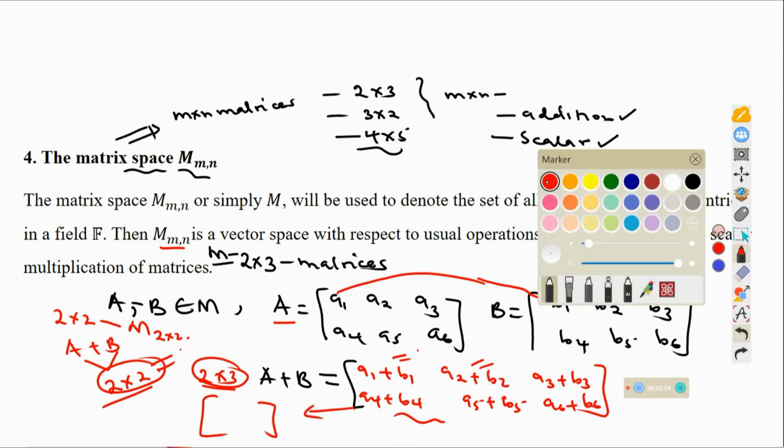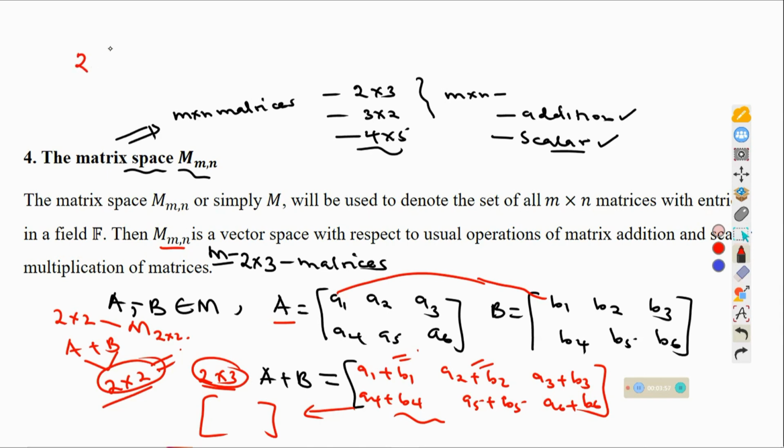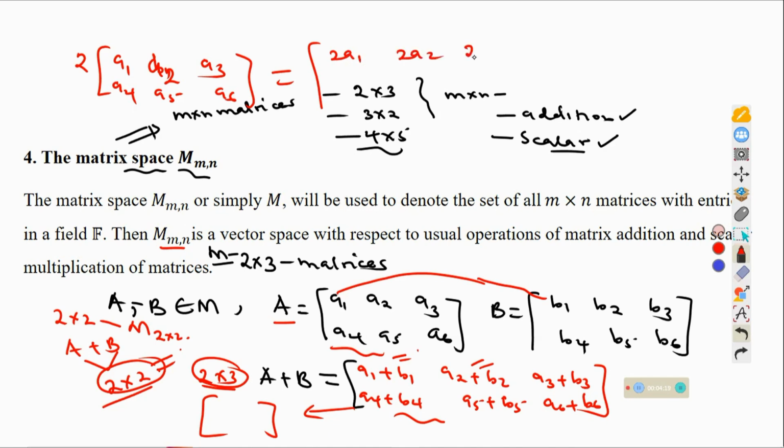When you multiply, for example, 2 into the matrix A1, A2, A3, then A4, A5, A6, the result here will be 2A1, 2A2, 2A3, 2A4, 2A5, 2A6. So you realize that even after multiplying this given scalar into this matrix, we still remain with a